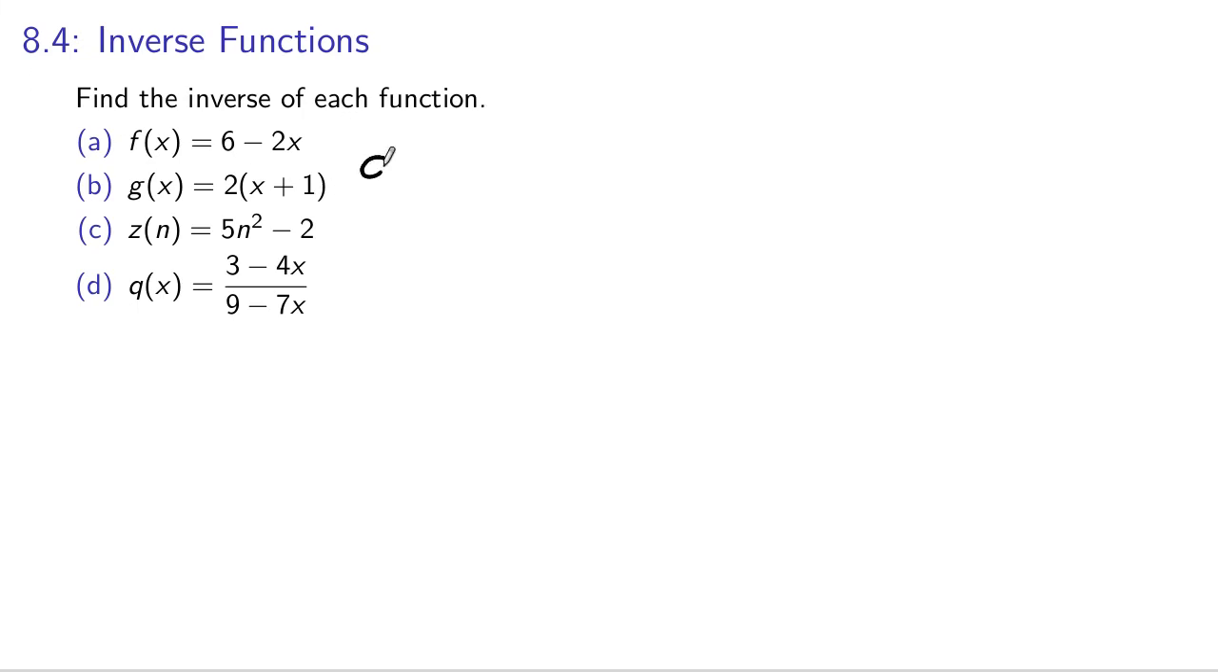So for part D, we'll give the output a name. We're just going to call it Q, since that's the name of the function, and solve for the input. Now here's where this technique is really important. It's a challenging one to invert otherwise. So to solve for x, we need to multiply by the denominator to get